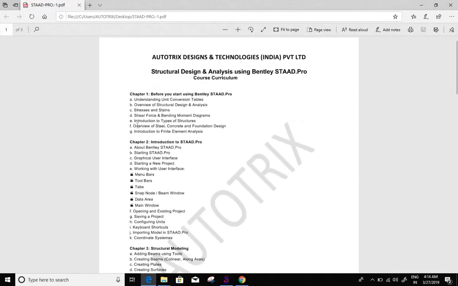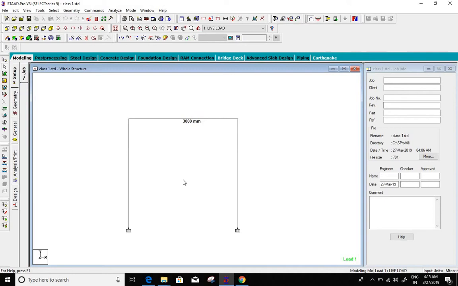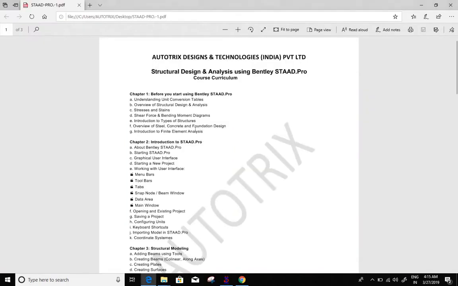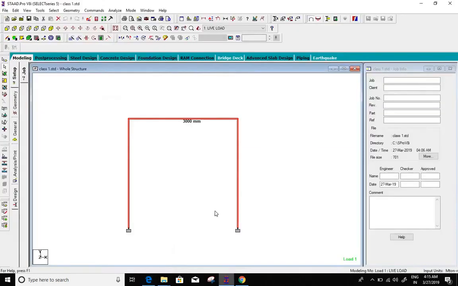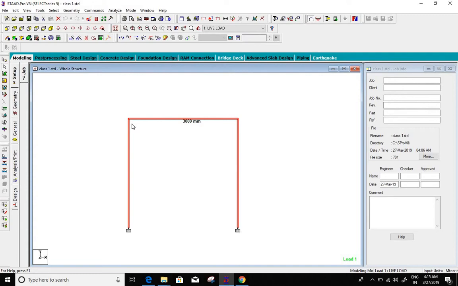And next one is introduction to finite element analysis. Actually, the analysis I told you about in the last class is called the finite element analysis. It means all the analysis you perform on a particular element is called the finite element analysis. So this is all about today's session, in which you can continue all these topics, which are the topics of starting StatPro. You can continue all these topics with the project of the last class.